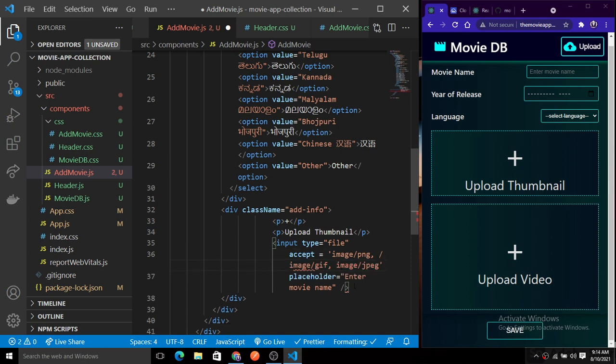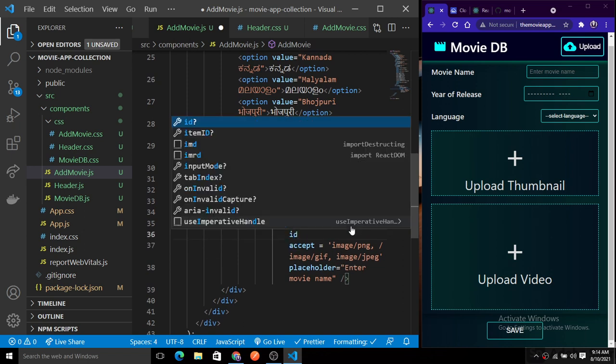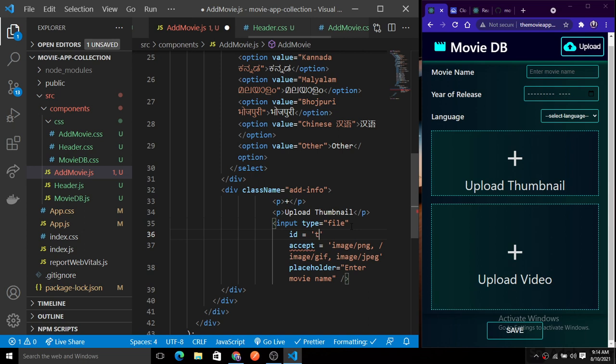So the things we have: first we have the image PNG, then we have a GIF image and the JPEG image that the input field accepts, right? And you just need to add the placeholder, otherwise you can just remove this. Okay, so we have a file here, and just give an ID to uniquely identify this. ID will be thumbnail. Fine. Okay, so we have an input field of file type, ID, accept, and the placeholder there.